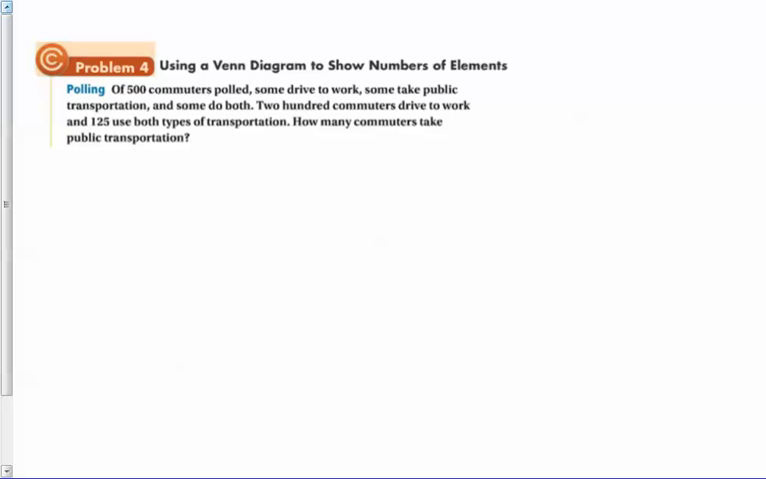Problem 4. Of 500 commuters polled, some drive to work, some take public transportation, some do both. 200 commuters drive to work and 125 use both types of transportation. How many commuters take public transportation? All right, this is difficult, but if I think of it as a Venn diagram,